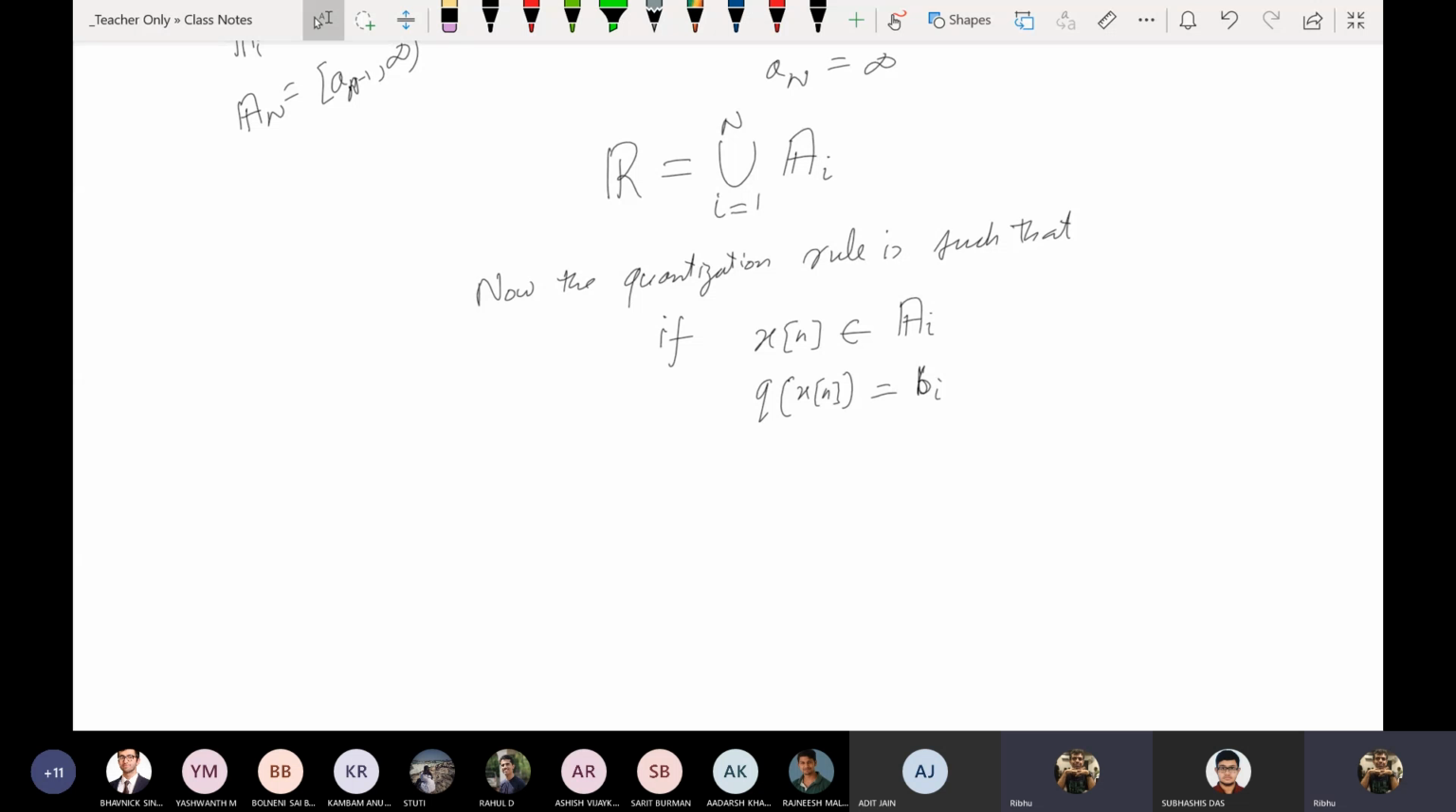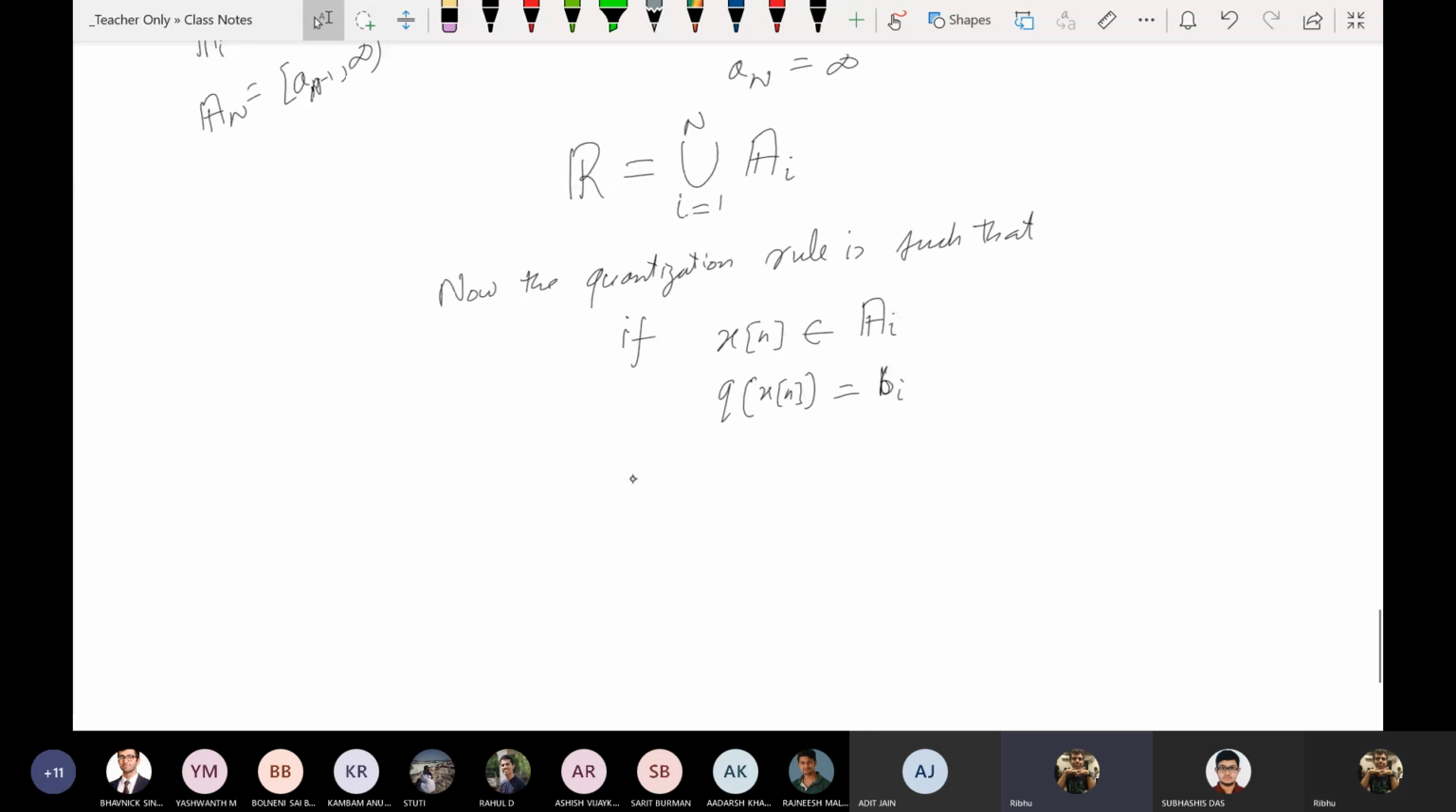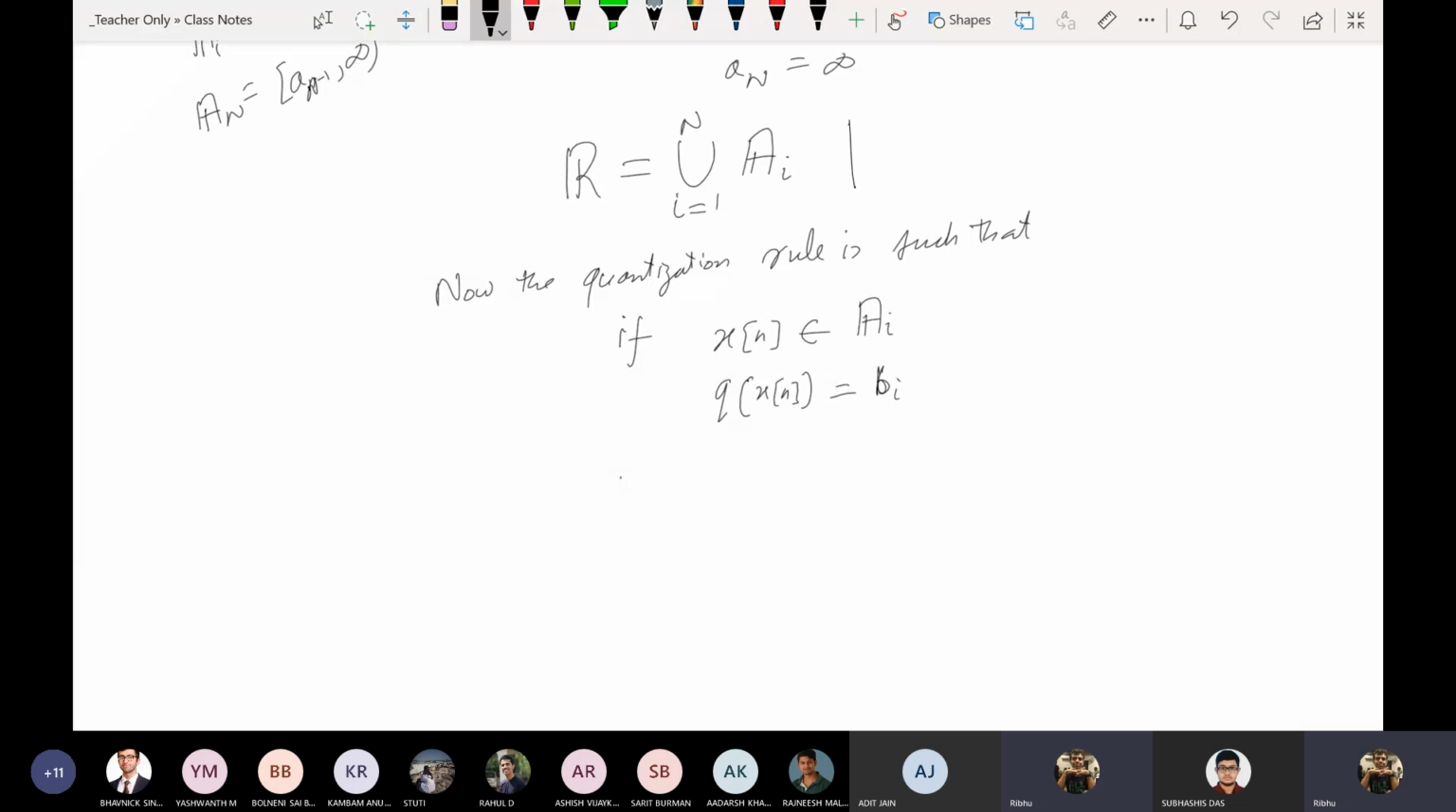We'll consider a special case of uniform quantization where these are equal, but generally these need not be equal. So that we'll cover in detail in the next semester. But right now, since these are partitions, AI intersection AJ is the empty set. Fine. And if xn is in AI, then q of xn is bi. These two are taken care of. And so the first thing that you would notice about this,